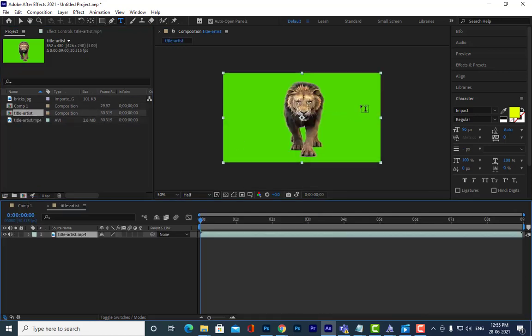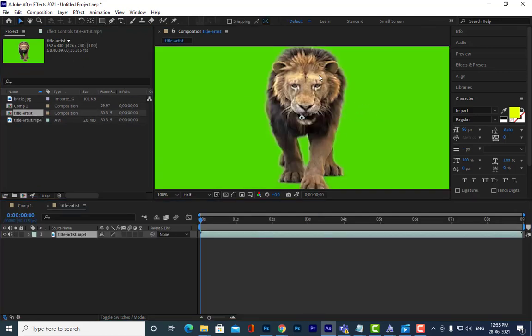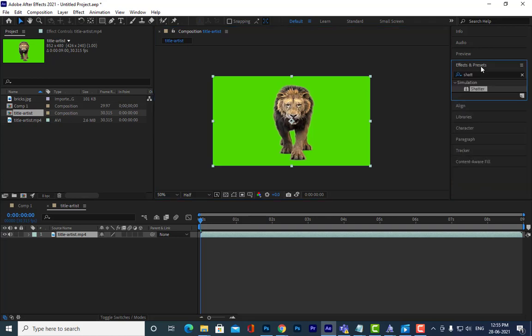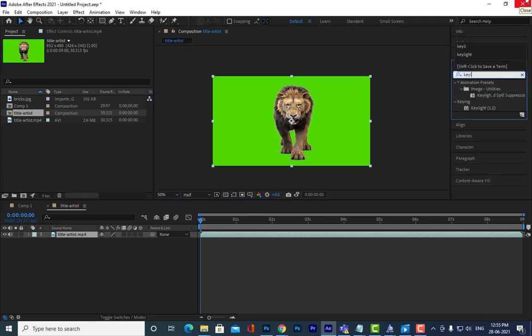Now I will ask you one question. You all have to tell me how to remove this green screen. Key light. Advanced key light. Yeah. Just type key light.